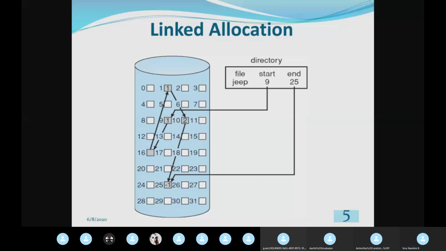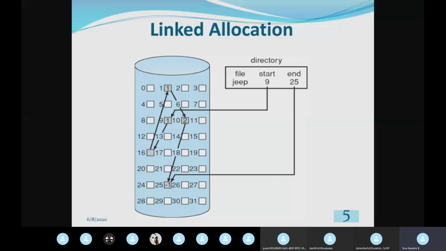After this, the ninth logical block, we have the 16th logical block. That is indicated by means of a pointer, which is available in the 9th logical block. So after the 16th logical block, the content will be in the first logical block.